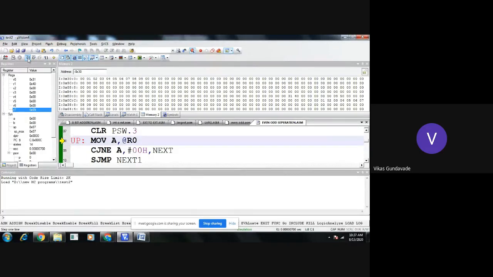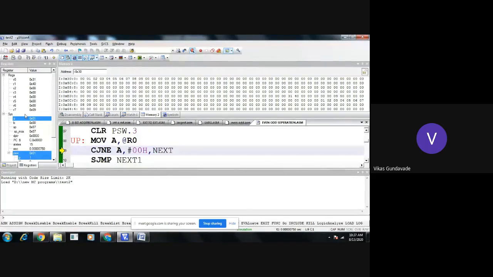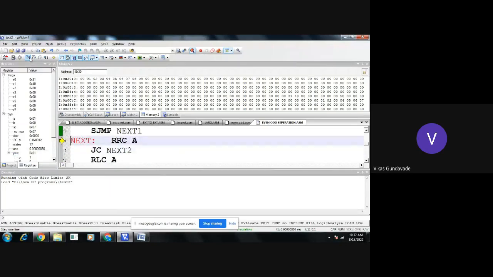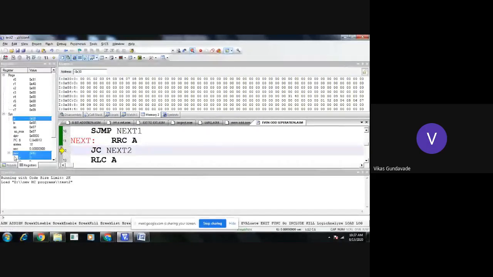So here from this 31 location, again the contents are taken into the accumulator. Okay, so here accumulator contents are 0, 1. When it is compared with 0, 0, here it will not shift, and again it is shifted to the right. So accumulator contents are 1, 1. So it has been rotated right. Now see here the contents of accumulator are 0, 0 and PSW carry bit is set. See here carry bit is set.